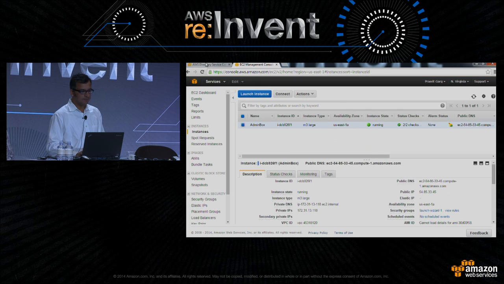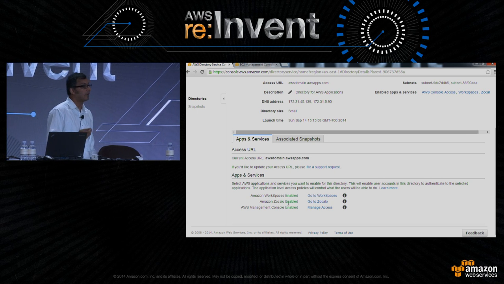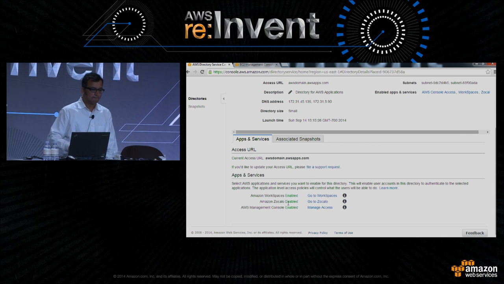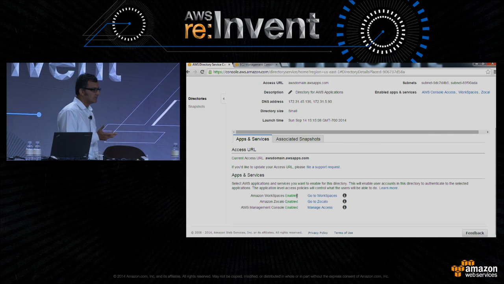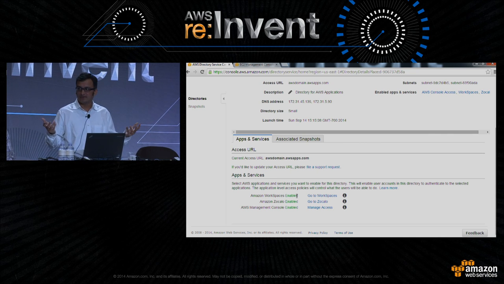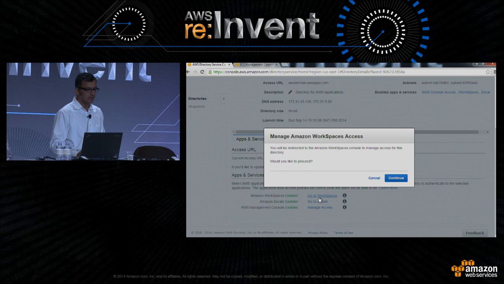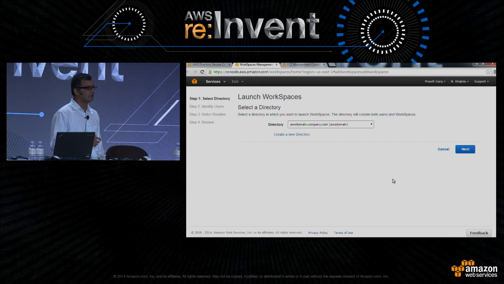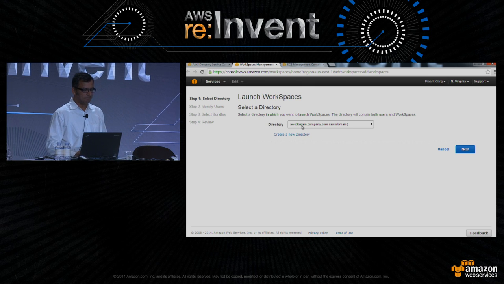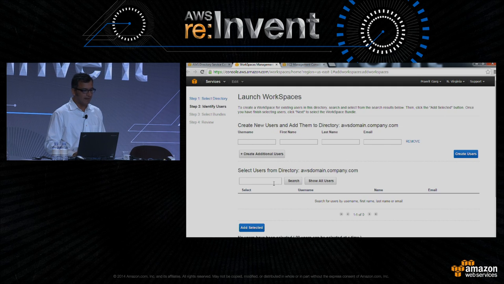Let me switch back. And so let me also now show you some of the integration we've done with the directory for AWS applications and services. So for example, if you have some of your end users that you want to give workspaces so that they have remote desktops that they can access from anywhere with essentially their corporate credentials. So now it's as simple as clicking through your AWS Directory Service console and going into workspaces and picking the directory that that user belongs to, and then you'll notice that you can search for your users